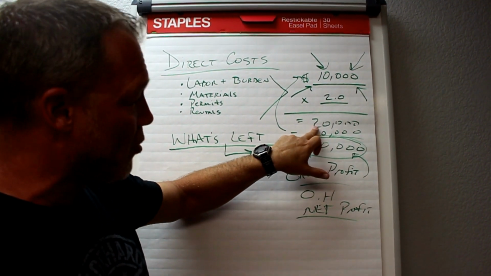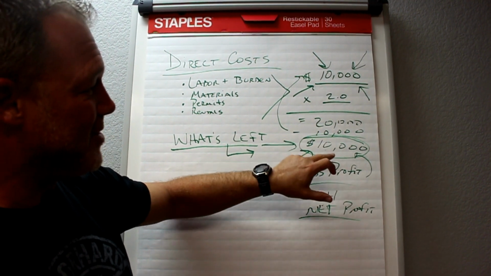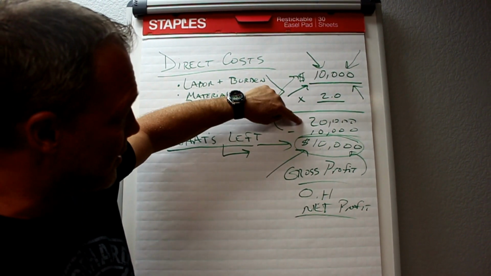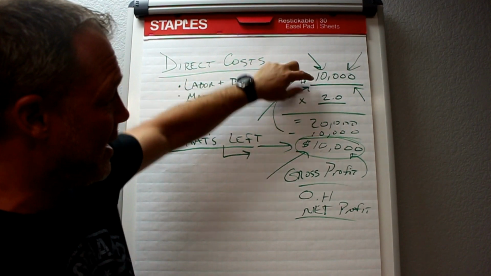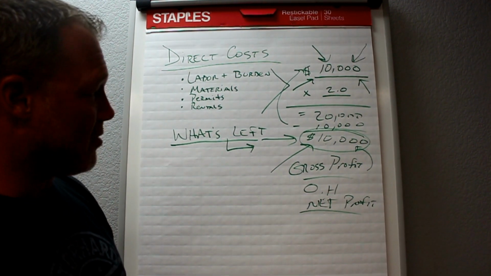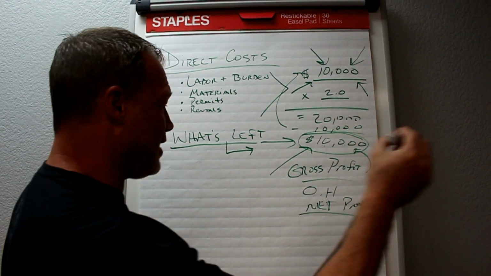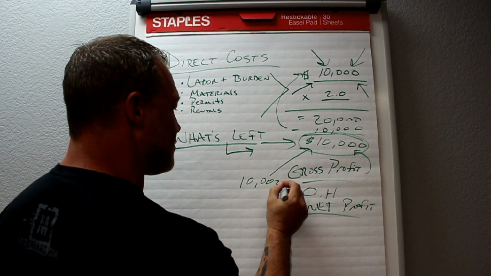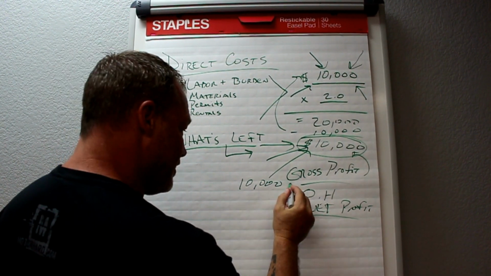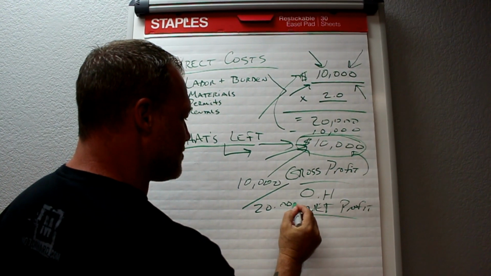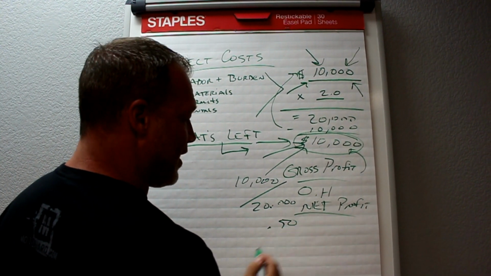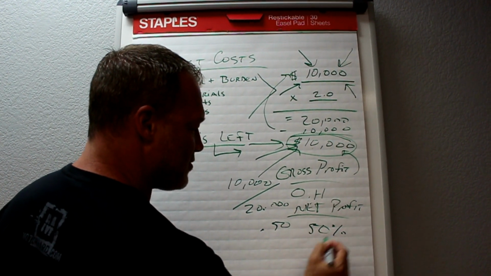You can certainly sell for more than this. All right? But as long as you don't, if you sell it for that and produce it for that, you're going to have a 50% gross profit. Okay? Because, last thing, you take the $10,000 that's left on your gross profit, you divide it by the $20,000 that you sold, that will be a 0.50, which is a 50% gross